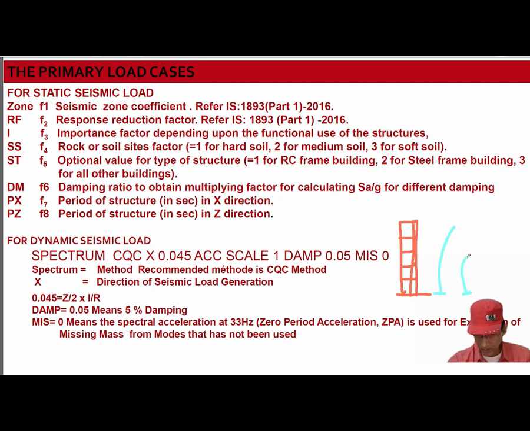This could be the second mode of vibration. And this could be the third mode of vibration. So for each of these modes of vibration, there will be certain mass that will participate